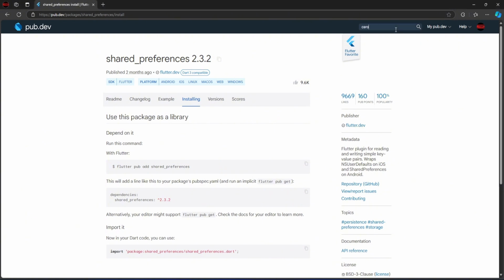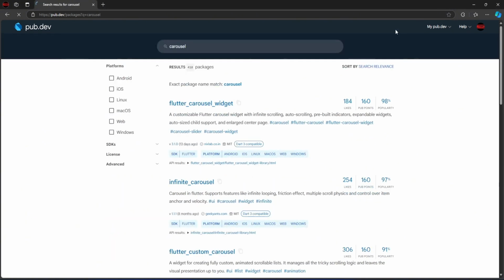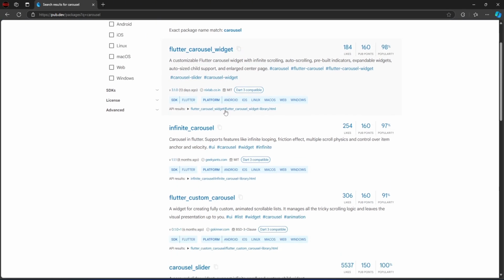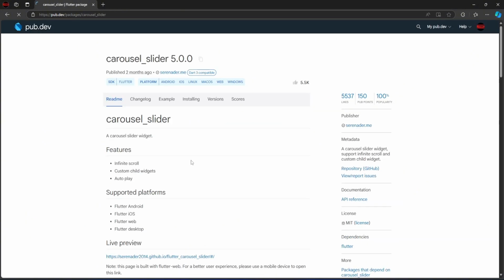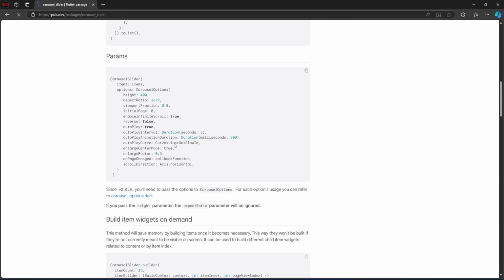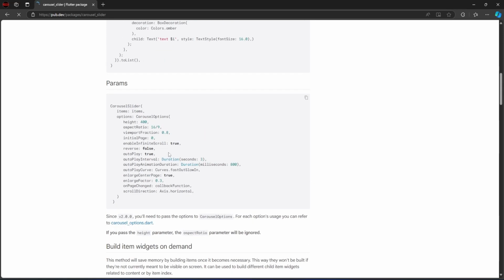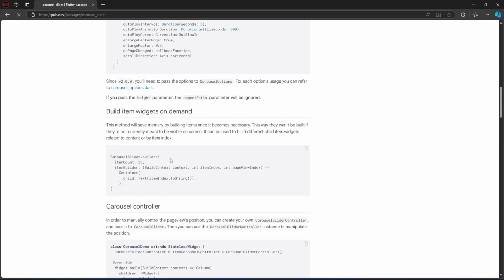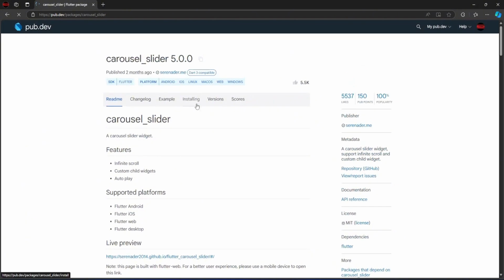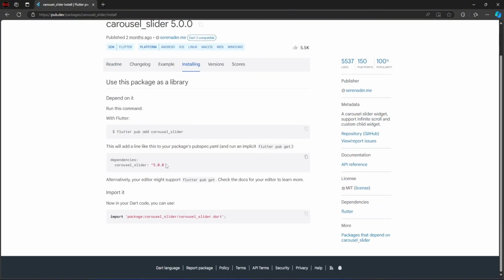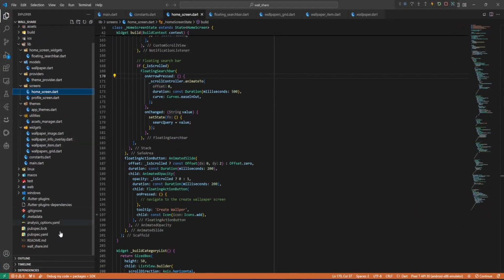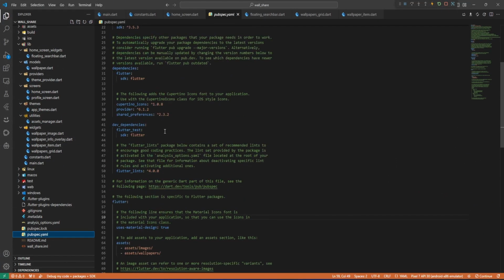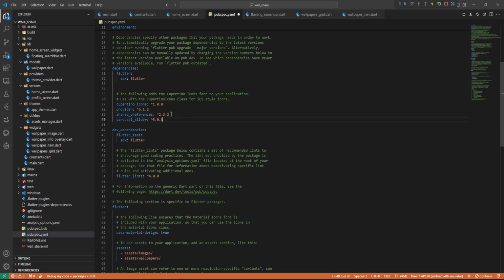Let's look for a carousel slider. Okay, I'm gonna look for that. So Flutter carousel widget, no, this one. I want this one. So let's click on this one and then we can read through the documentation here. I'm just obviously going to copy most of these. Okay, and then let's click on installation, then let's copy that,